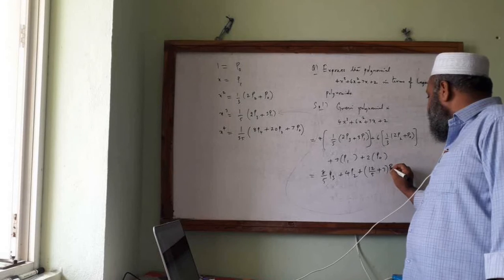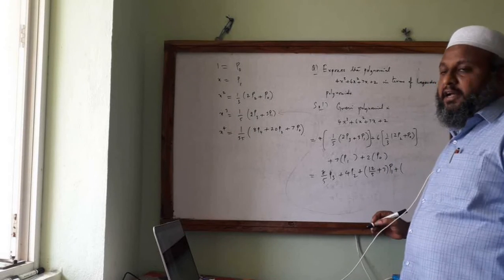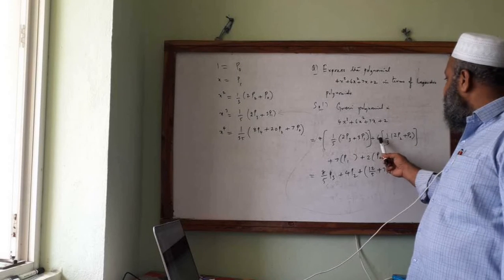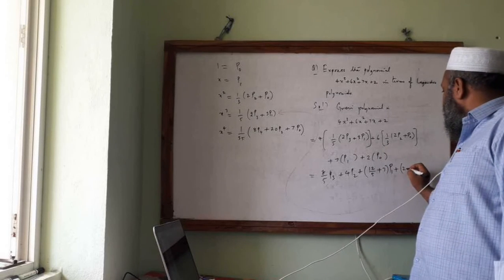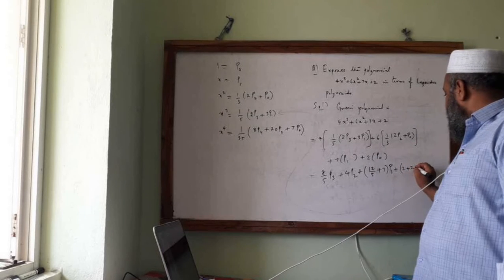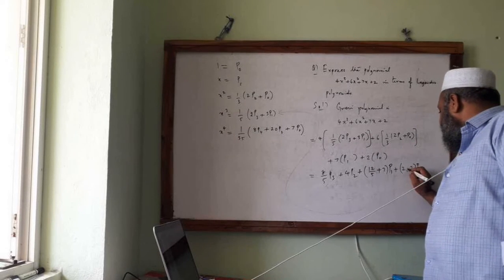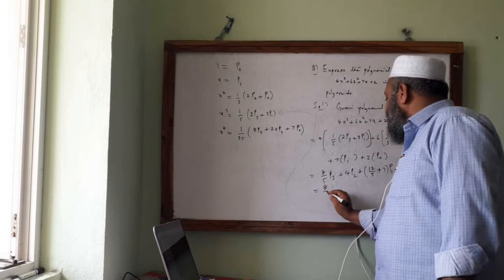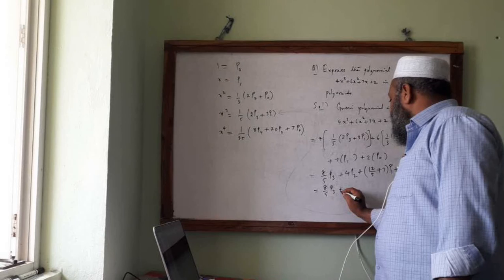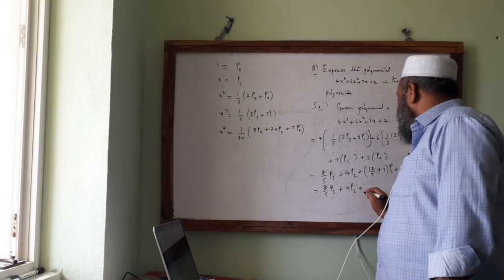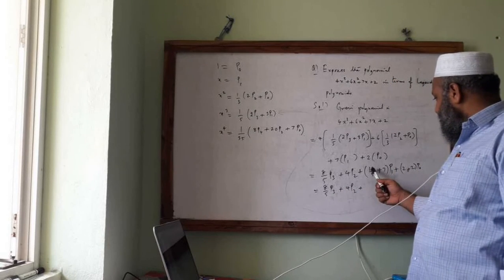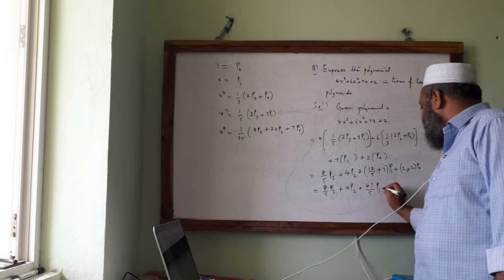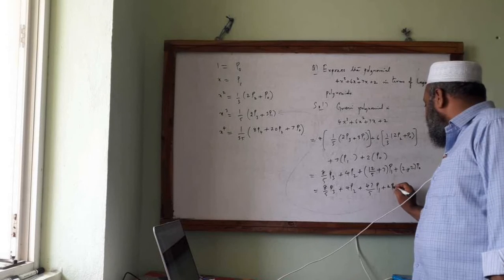So this much times p1. Plus how much times p naught? P naught appears at these two places. So after cancelling this, it is 2. So it is 2 times here and it is 2 times here. So 2 plus 2 times p naught. So finally it is 8 by 5 times p3, 4 times p2, plus 35 plus 12 by 5 gives 47, so 47 by 5 times p1, and 4 times p naught.